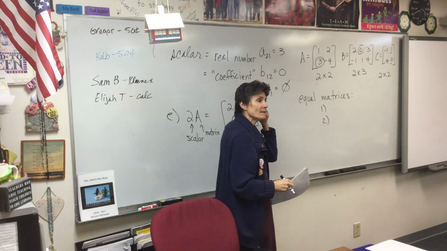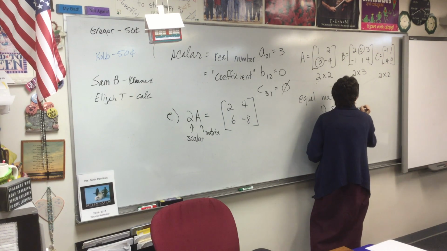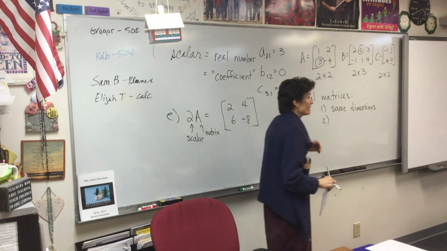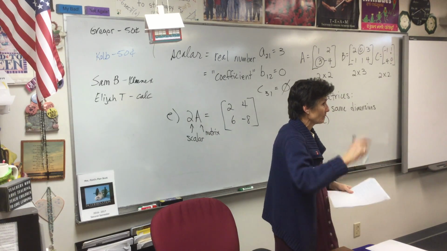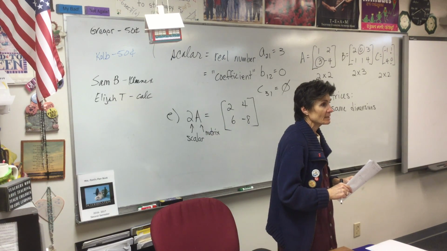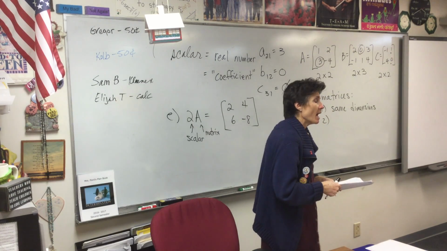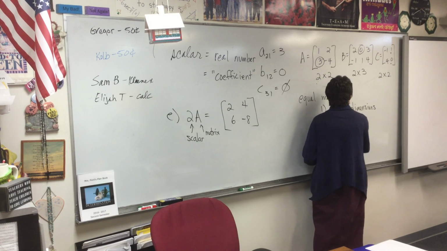In order to be equal, they have to have the same dimensions. Now, does that make sense to you? That if 2 matrices are going to be equal, if the first one's a 2 by 3, the second one would have to be a 2 by 3? Yeah, if they're going to be equal, they have to be the same size. Okay? The other thing that has to happen is they have to have the same